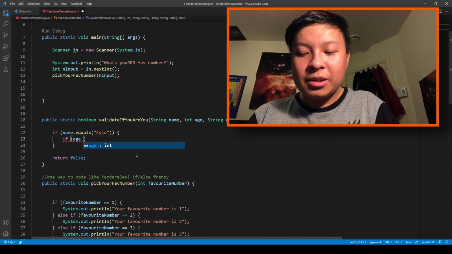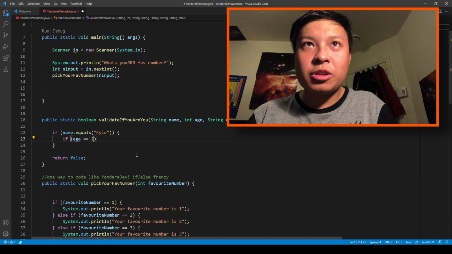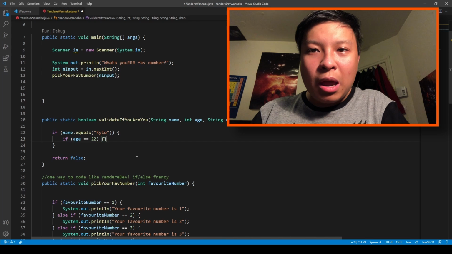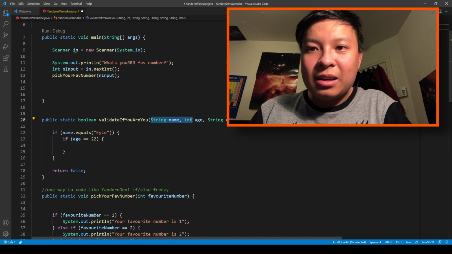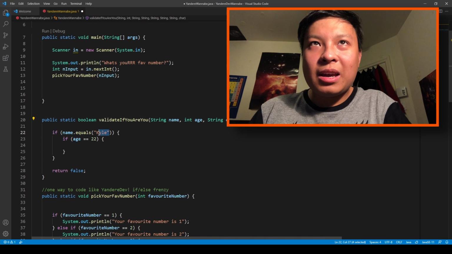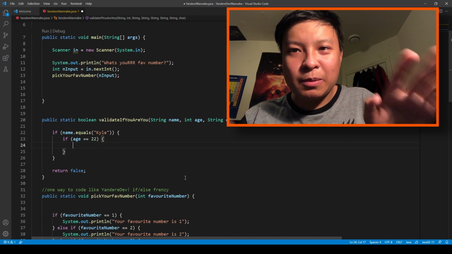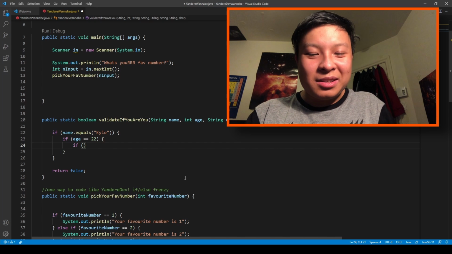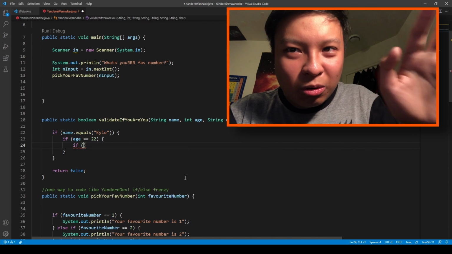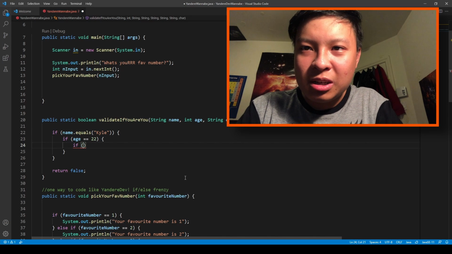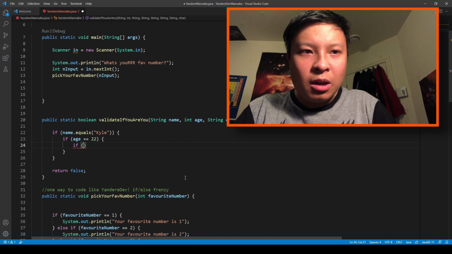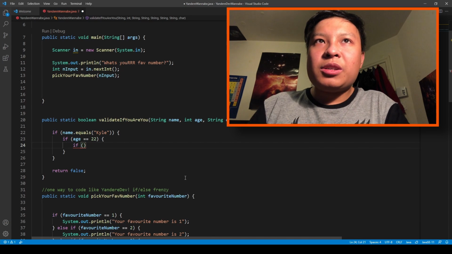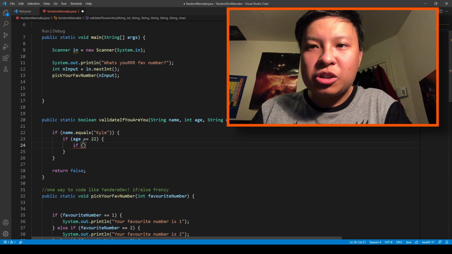So if age is equal to 22, no, not 11, 22. If that passes, I'm going to do another if statement. So if the person who tries to scan their ID has the name Kyle, then it has to test if the age is 22. If it's equal to 22, then I'm going to do another nested if statement. If this, and no, I'm so used to object-oriented programming, and I'm not using objects, so I'm inclined to use the keyword this, which is a keyword to specify attributes of objects. So if name is Kyle, and then to check if age is 22, and that passes,